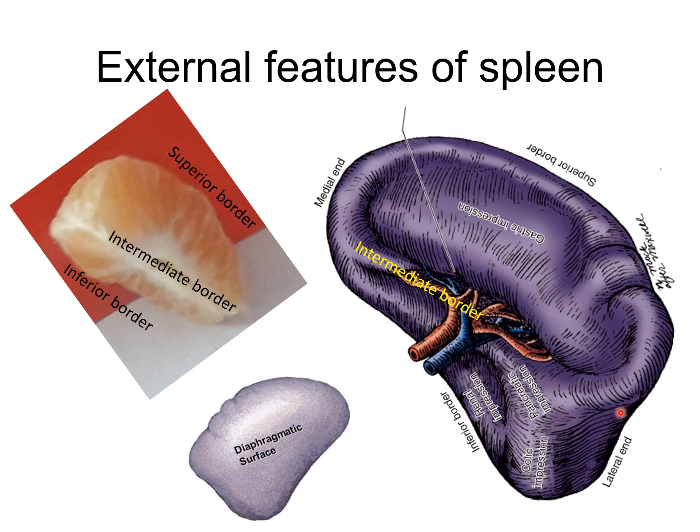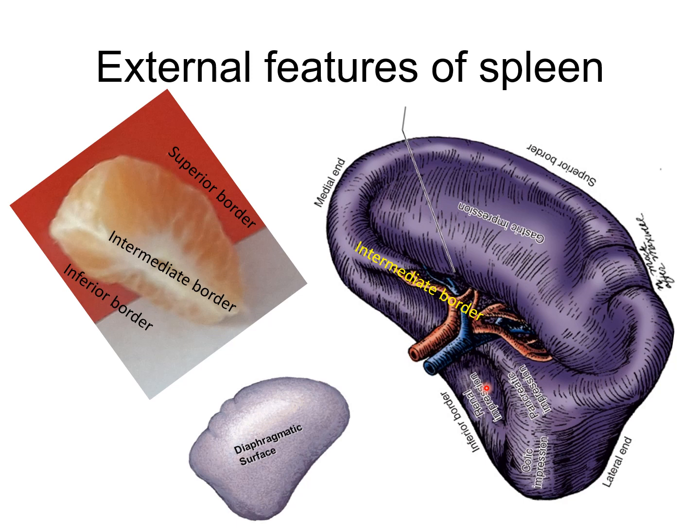Now to see the anterior end or the lateral end, it is almost like a border and it is otherwise called as the anterior border. Then there are two surfaces. The convex outer surface is called as the diaphragmatic surface as it is related to the diaphragm. Then the concave irregular surface is called as the visceral surface and it is related to the abdominal viscera.